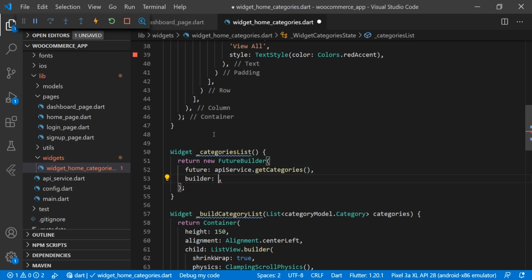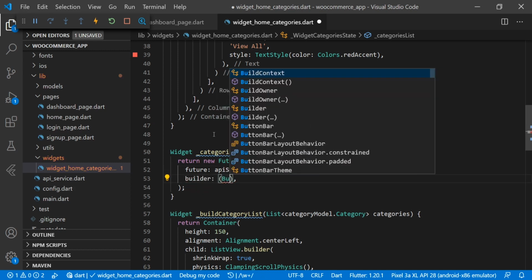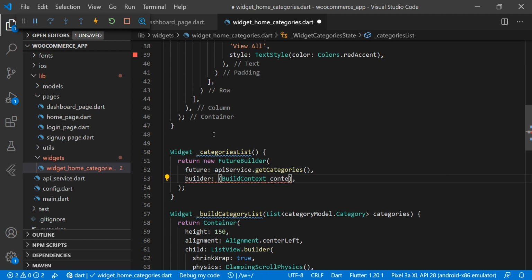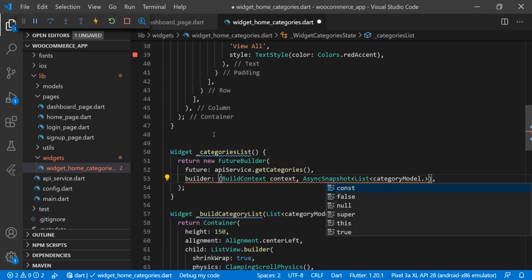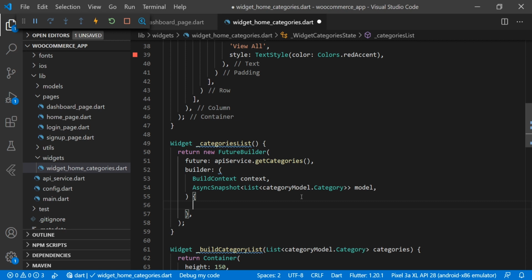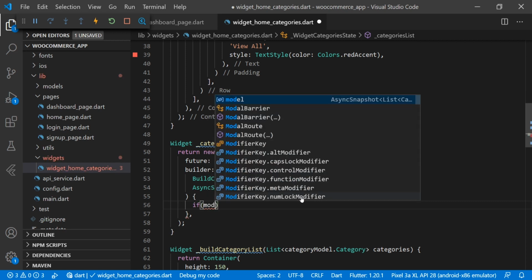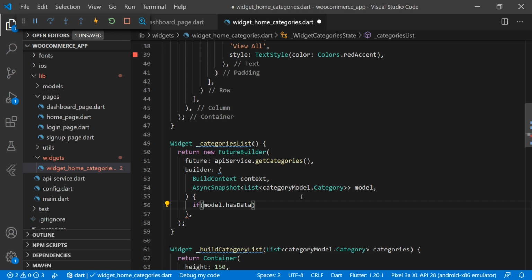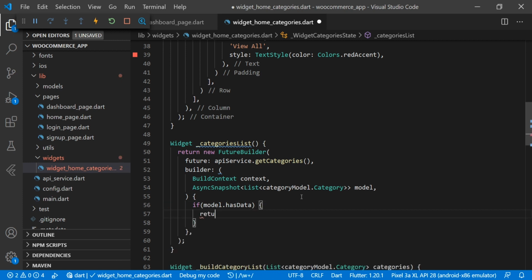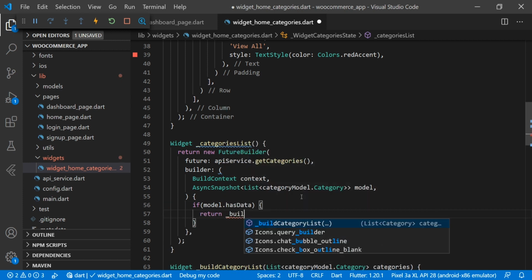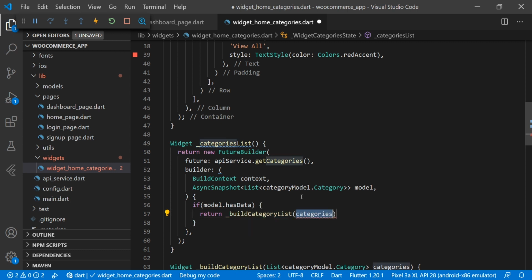Then we have a builder, and we will pass builder context, then async snapshot, and here we will pass list, then category model dot category, and here we will check if model dot has data, then we will return build category list, and here we will pass that model dot data.